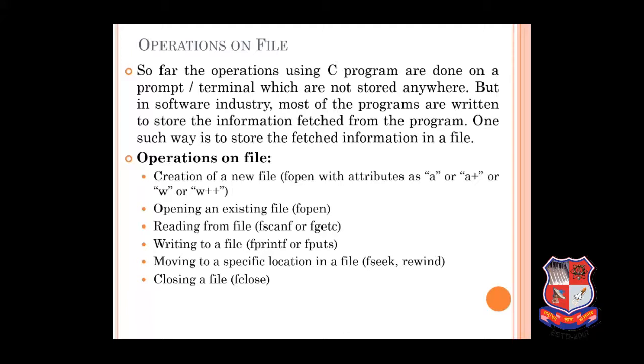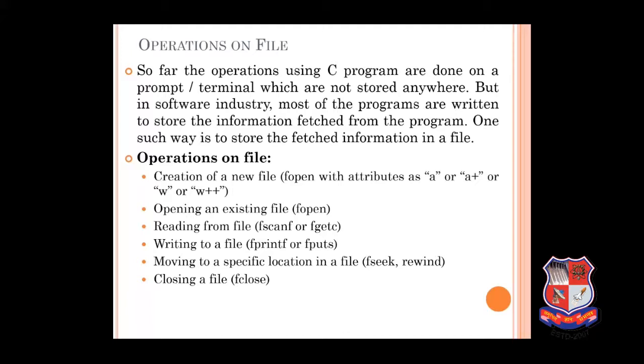Okay, if we do not open a file, no operations can be performed. Next is moving to a specific file location. Once we start reading a file, its pointer moves from top to bottom. Now if I have to read that file again, I have to move back to the top. So what we will be using is rewind, and another is fseek.